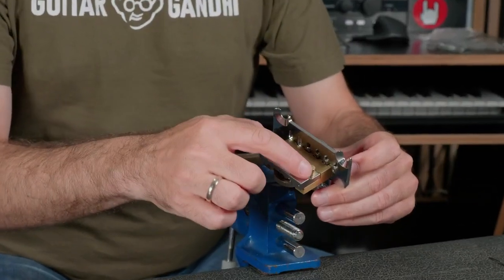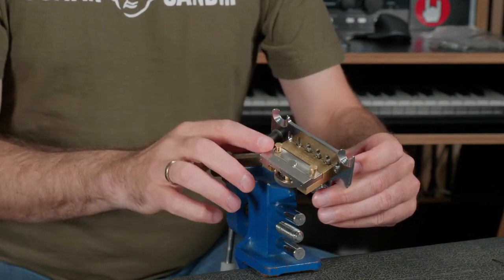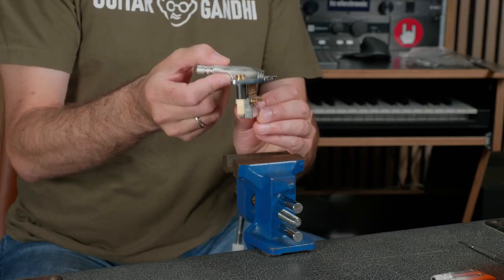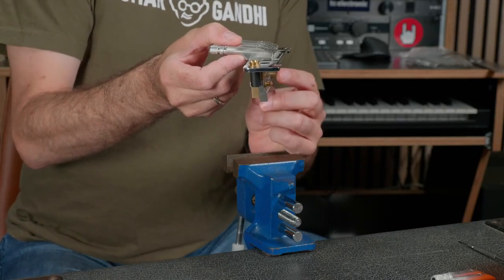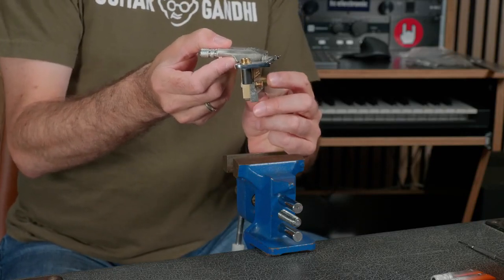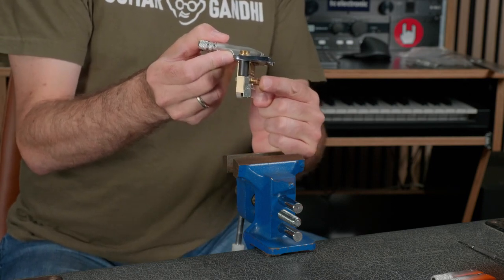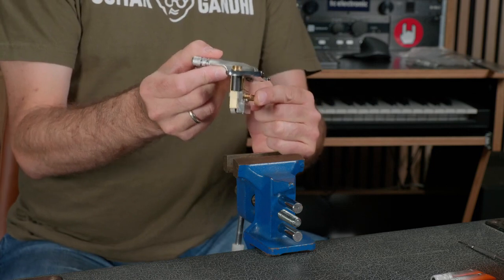Next up are the contact pins or stabilizer pins, which are these guys sitting here. Now I've already replaced one of them, so that's why they don't look the same. The idea behind this is that when the tremolo system is sitting in the guitar in the 0 position, this part, this contact pin, is just touching the guitar body and making sure that everything is stable and increasing the